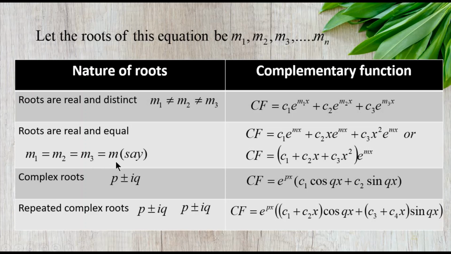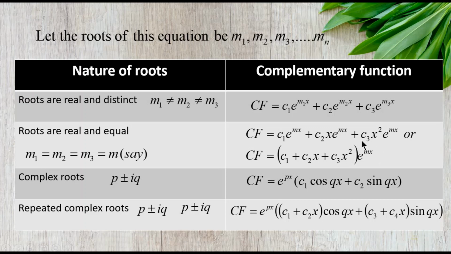If the roots are real and equal, say all these 3 roots are equal, m1 equal to m2 equal to m3, we can call that m. So, you can write the complementary function as e raised to mx because all are repeating, and inside this bracket we shouldn't write a constant. Instead, write the polynomial containing 3 terms because the roots are repeating 3 times. So, c1 plus c2x plus c3 x squared. I have written the same in this manner too.